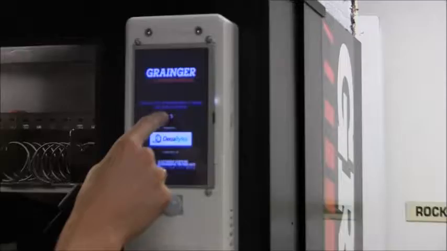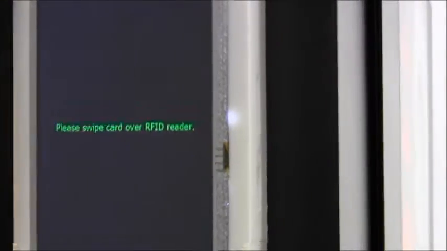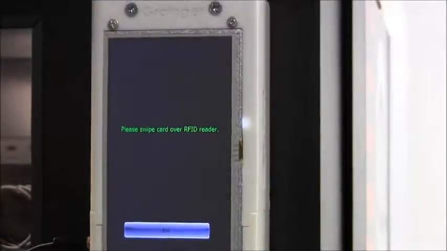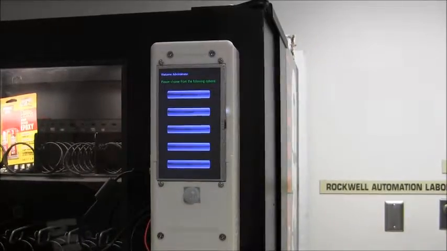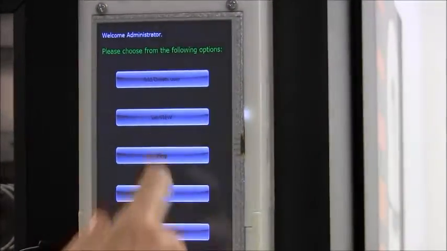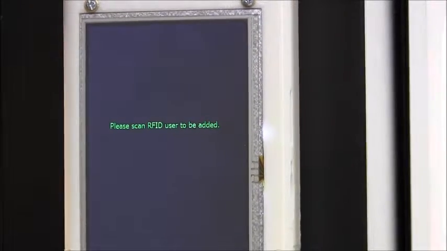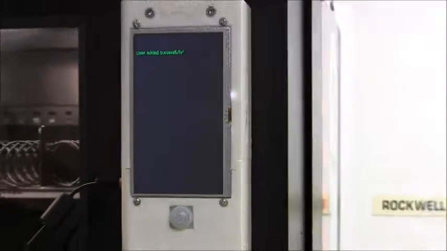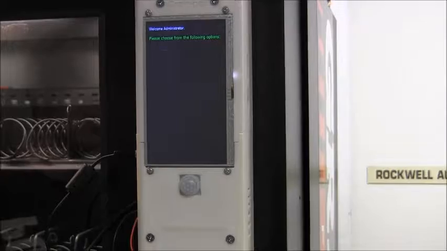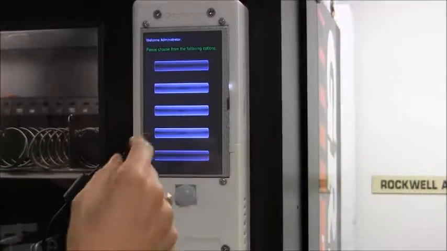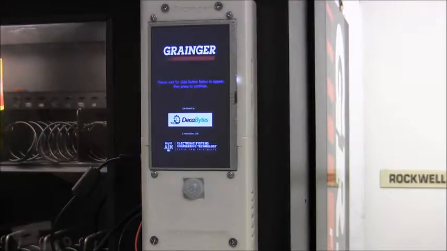So to begin, you touch the touch screen. It says please swipe card over RFID reader. You place it right here. You log into the admin menu, and then you add user. Again, present it over the tag. Says user added successfully. And now I'm going to log in with the user, and you have to wait a